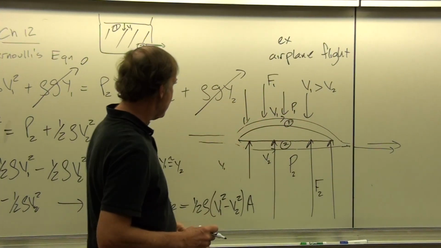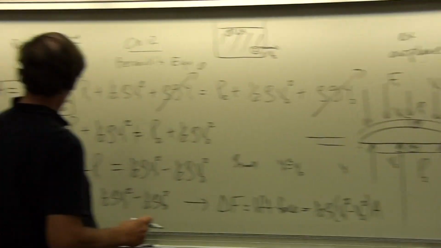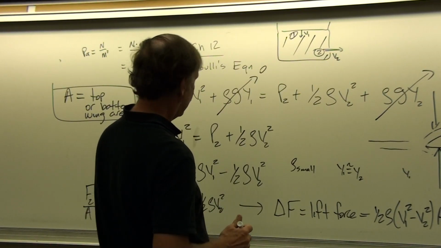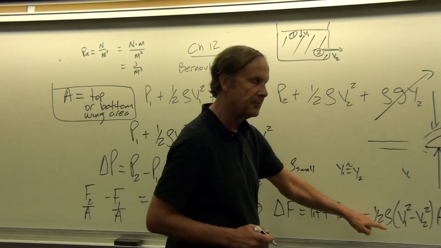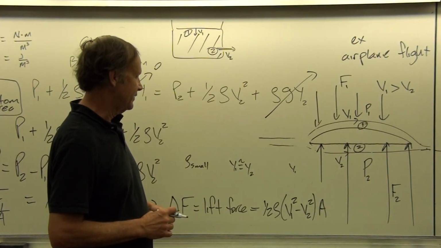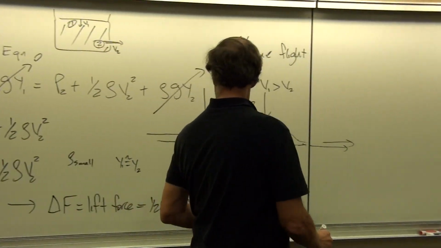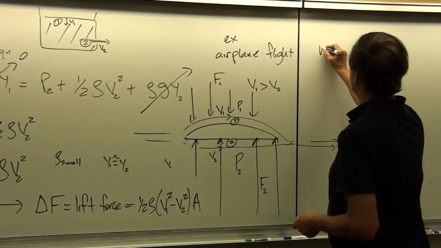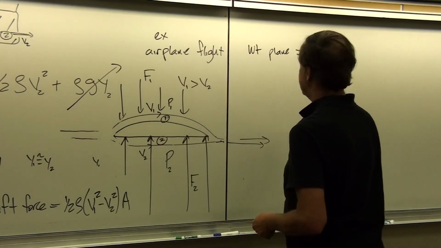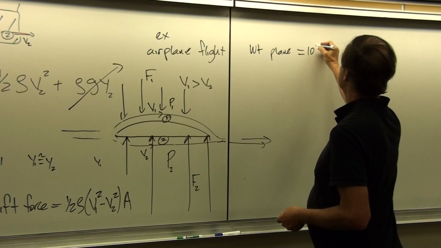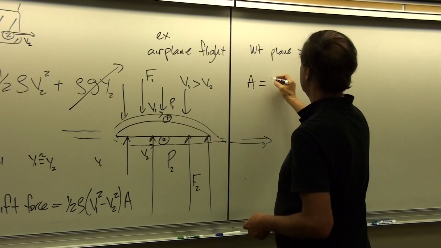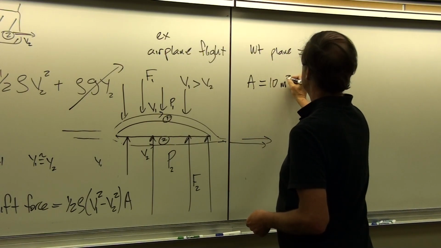Okay, and so that area is the effective wing area on the upper and lower wing surface, or the shadow of that area, and so therefore you can consider those to be the same. And they wouldn't be that much different anyway, because the curvature of the wing is relatively small. So let's say then that we have the weight of the plane and everything that's in the plane is equal to 10 to the 4 newtons. The surface area of the wings is 10 meters squared.